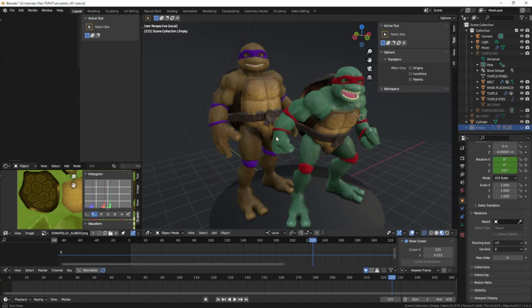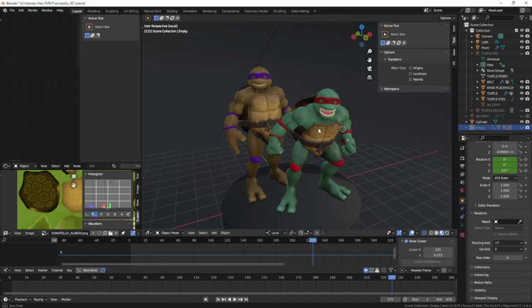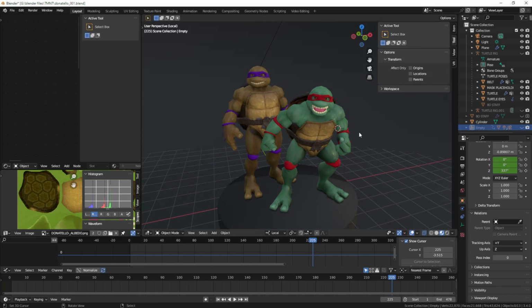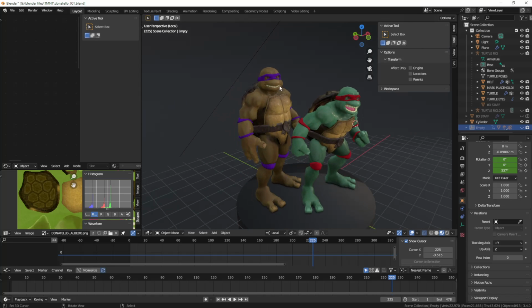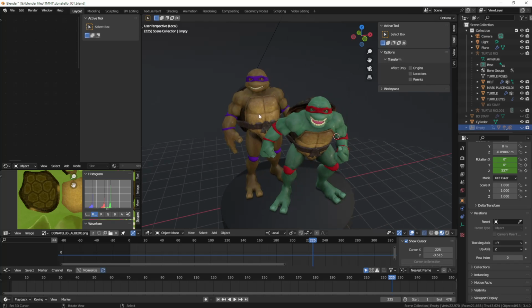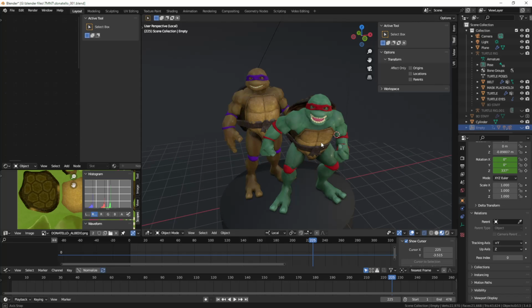Actually, just been working on one, and I wanted to create an easy method to change the colors because I'm kind of basing them off the original action figure line back in 1989, '88 somewhere. I was a young child, and all of the turtles themselves looked the same. They just had different color skin and different color masks, and of course different weapons. But as far as their size goes and their shape, they're all pretty much exactly the same, especially in the